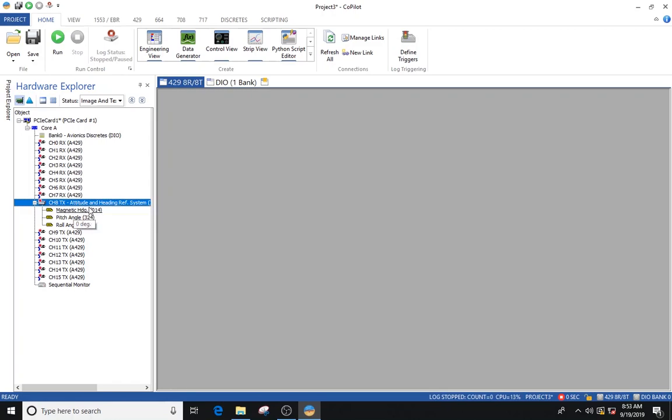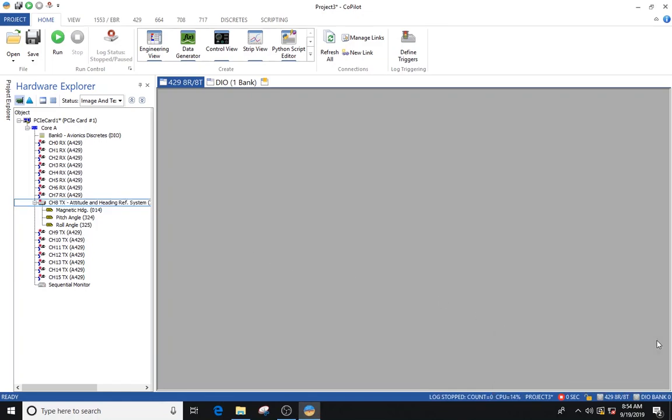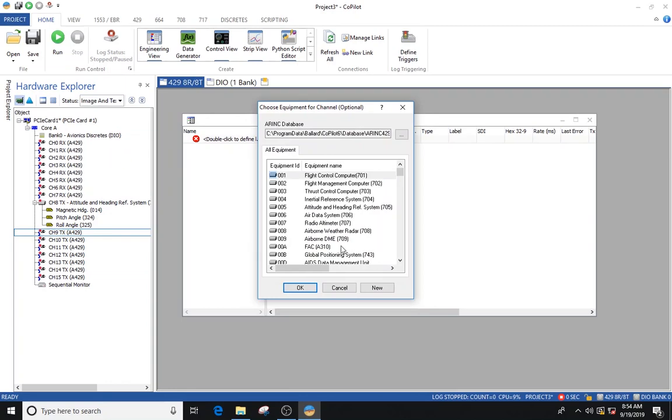As you can see, we had selected channel 8 as attitude and heading reference system, and we had assigned 3 labels to this channel, which is the magnetic heading, pitch angle, and the roll angle. Now in the same manner, let's assign channel number 9 for the navigation information. Again, I bring the cursor on channel 9 and then right click on it and then set the equipment ID to ILS receiver, which basically will also show the